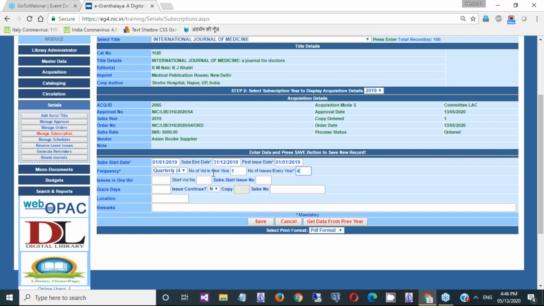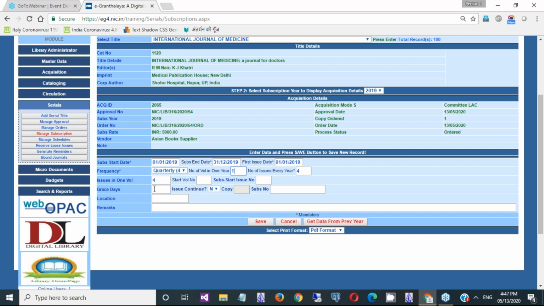Issues in 1 volume: if you set here 2 volumes per year, then you will type here 2 issues per volume. Okay, but for the sake of simplicity, we'll take a basic example. Number of volumes in 1 year, 1.